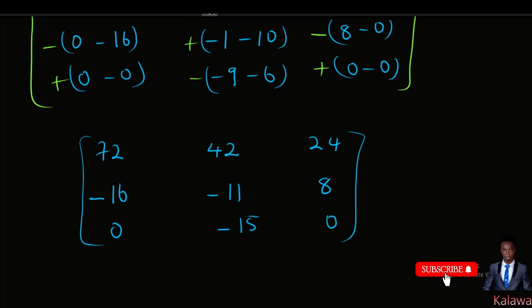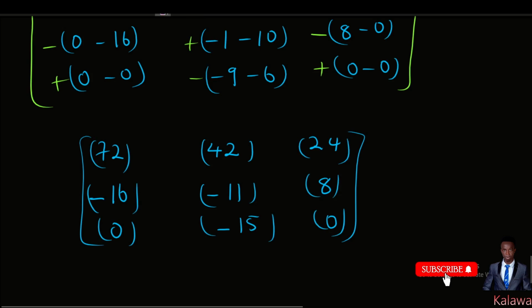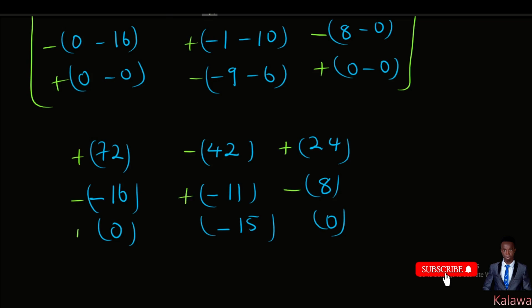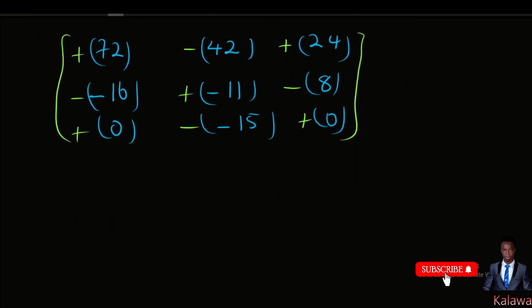So let's move with the minus sign. So put this in brackets, because we want to move with the minus sign. This is going to be plus, minus, plus, minus, plus, minus, plus, minus, plus. Always move with the minus sign. That's the rule. So if we move the minus sign, it's going to be now plus times plus, this